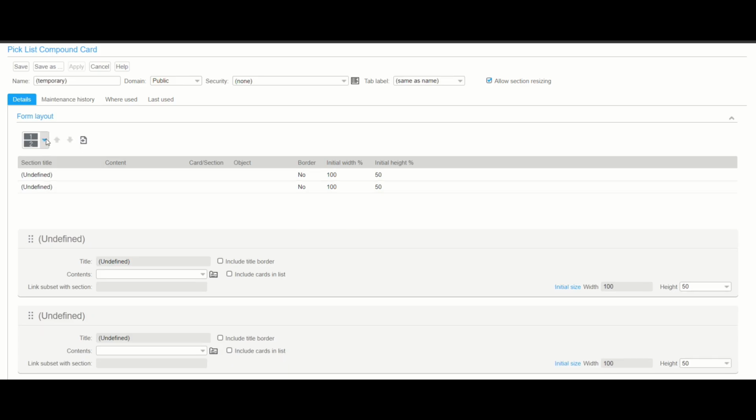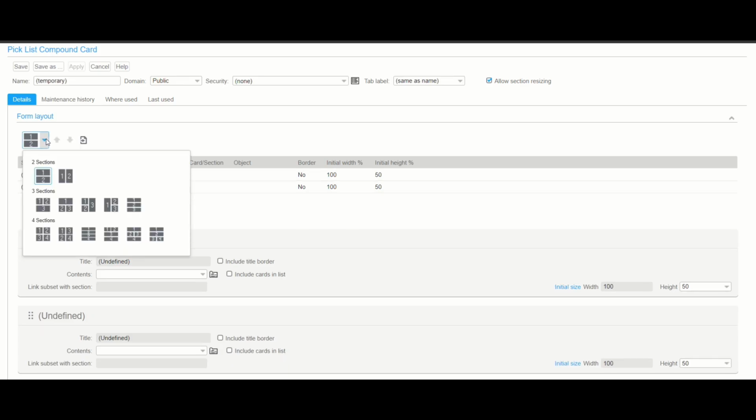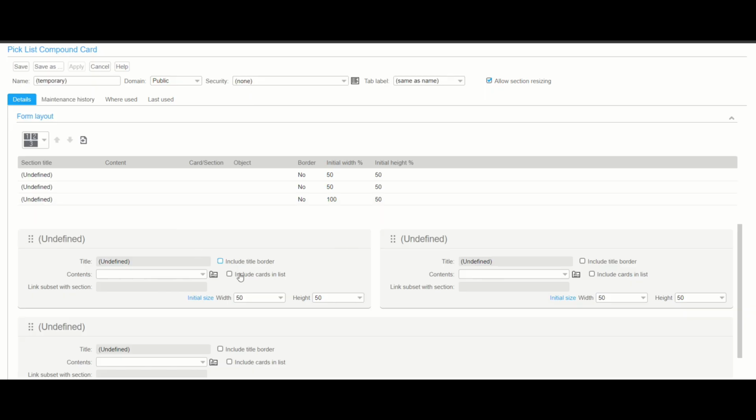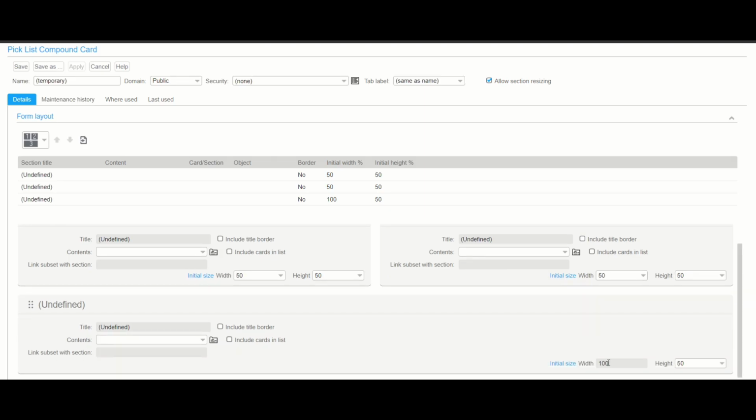Now you can click here on this drop down for layout and you can select how many sections. I want to do this 1, 2, 3 section setup like this. And you can control the width and the height of each section and on the bottom section as well. The width you can't adjust because the way it's laid out is going to take up the whole bottom anyways. But you can adjust the heights, and you can